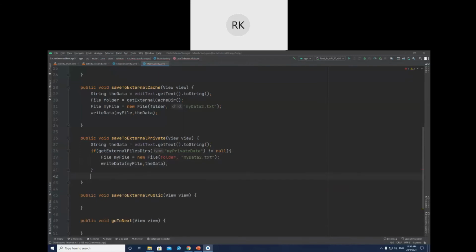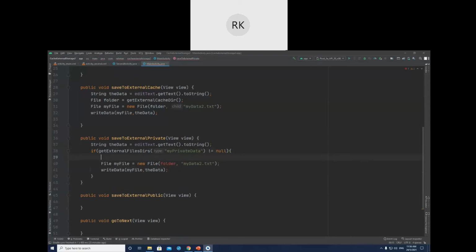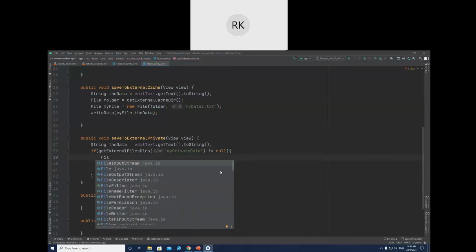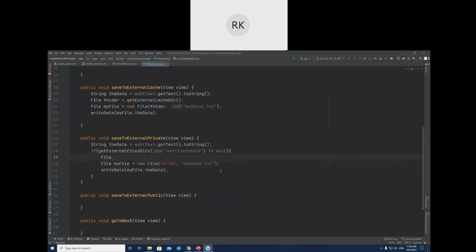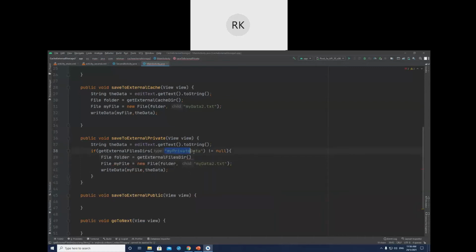The external one is a bit different. We will create the folder now. So the file, the folder equal to getExternalFilesDir here, and the folder name will be this one.